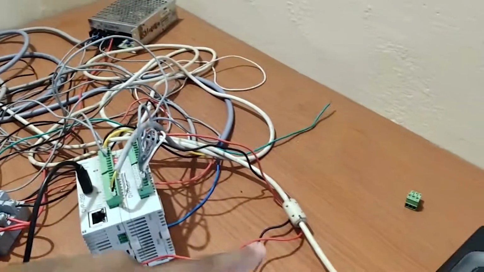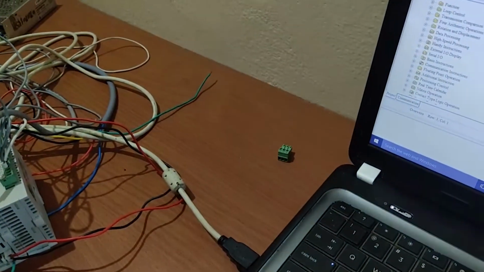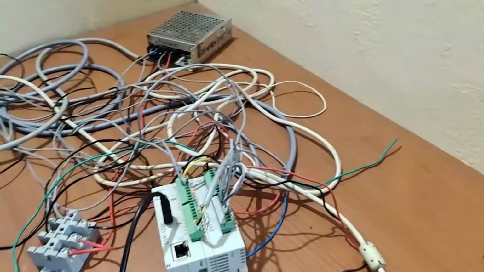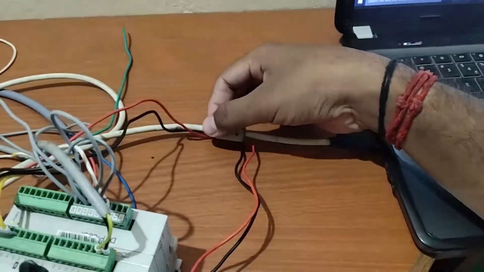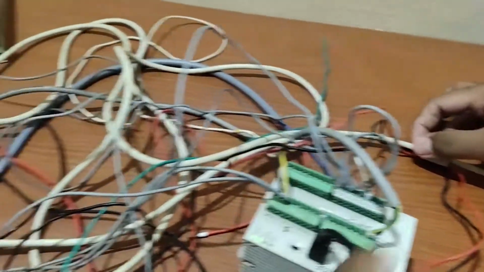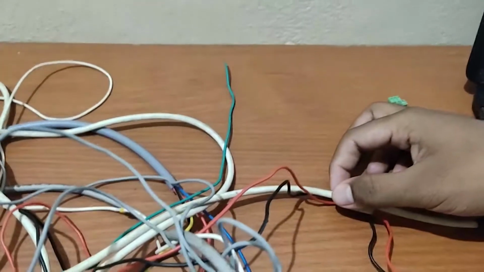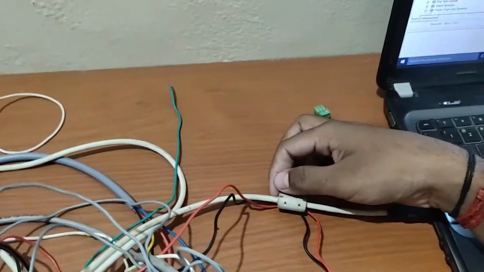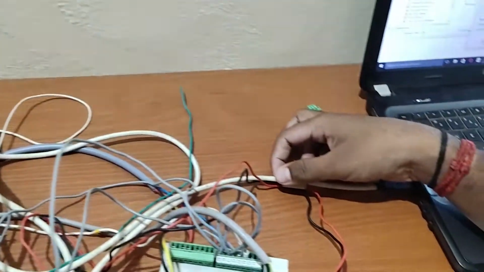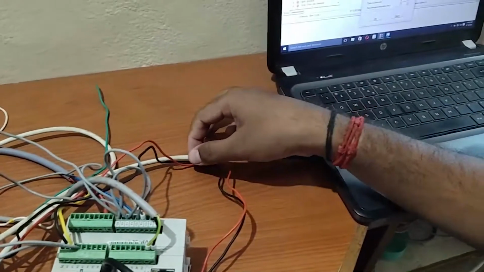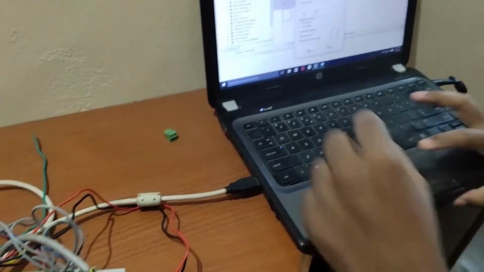After that I connected a printer cable, a normal USB cable, to the HMI only, so I can communicate through the HMI. HMI is already communicated with PLC through the RS485 cable, so I no need to connect another cable directly to the PLC. I can use this single cable for both programmings.